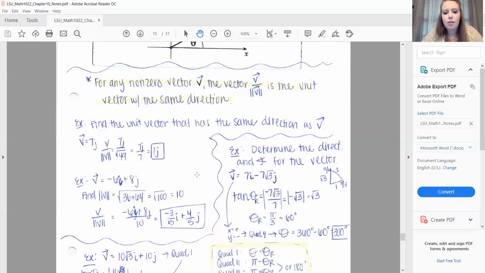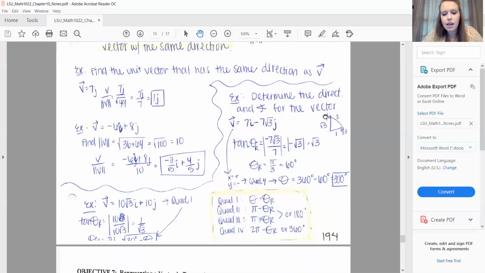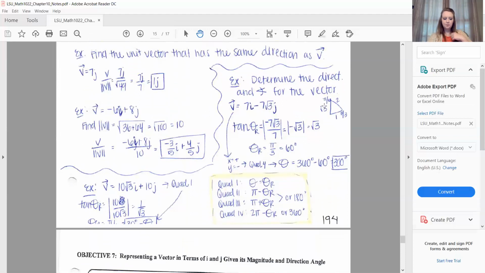Okay, now this other little box is a little bit harder. The directions say to determine the direction and the angle for the vector. So this is my vector, 7I minus 7 square root of 3J. And this is where you use the B over A that was up there in the notes. So B is negative 7 square root of 3, divided by A, which is 7. That gives me negative square root of 3, but you take the absolute value of that, and we got